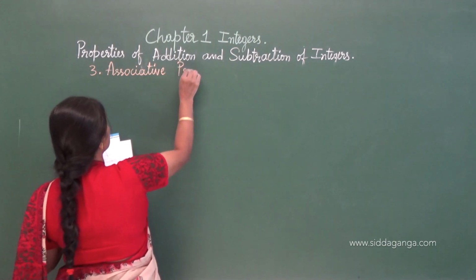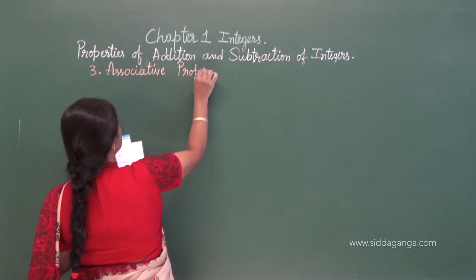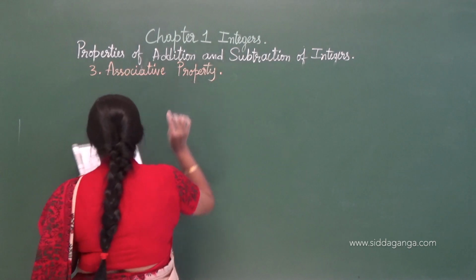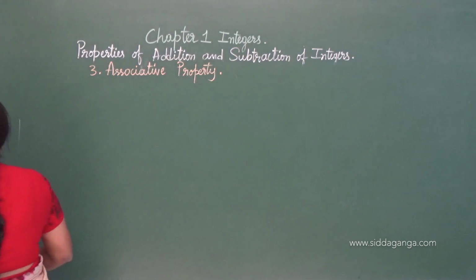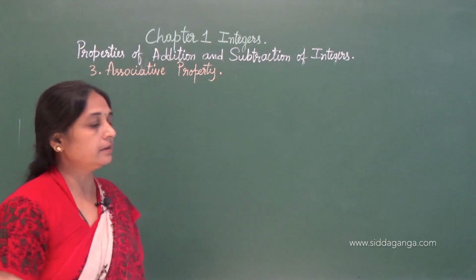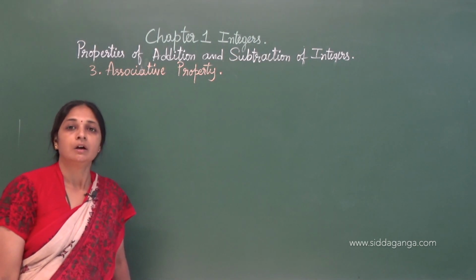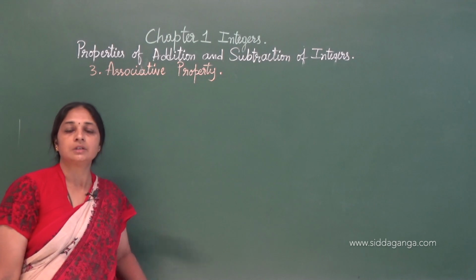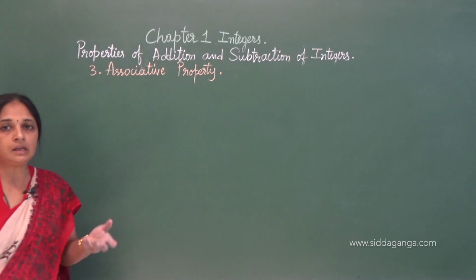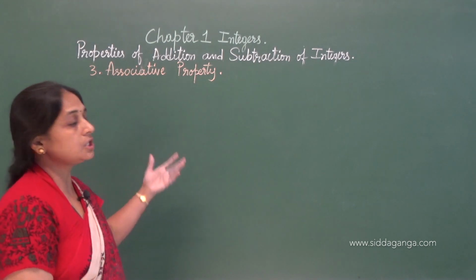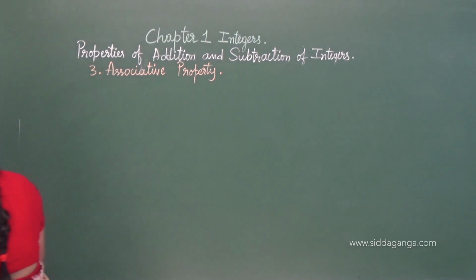Here we can say that for any 3 integers, we take any 3 integers and we add those 3 integers and get the answer. So the condition is, for any 3 integers,